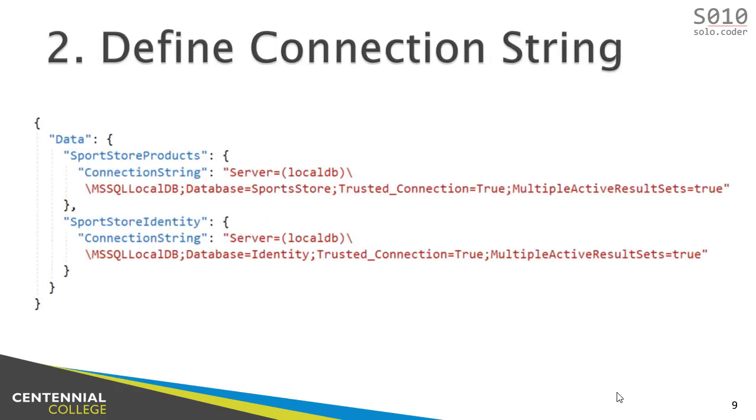The second one here, what is that? Well, it's the connection string. But now we have two. What is the difference between this one and the second one? The database name is different. What else is different as well? It has to be different. Yeah, the IDs here, see? So here we have sports store products, and here we have sports store identity. They should be different, otherwise we would not be able to reach them. So again, just the connection string for each one of the databases.